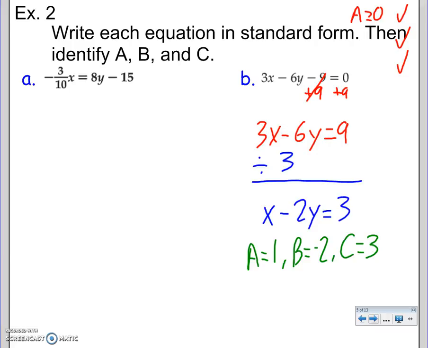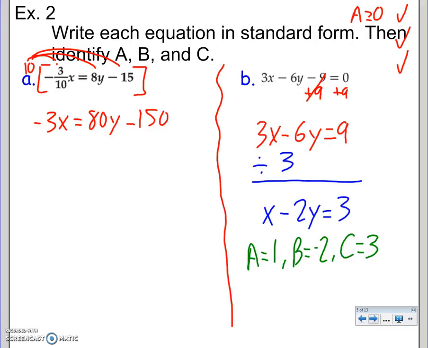Alright, for A, same thing. I see a fraction, so I'm going to multiply everything by 10 right now. Alright, so I multiply everything by 10. I get -3x equals 80y minus 150. Now, if you didn't like the way I did B, there's another way to think of standard form,